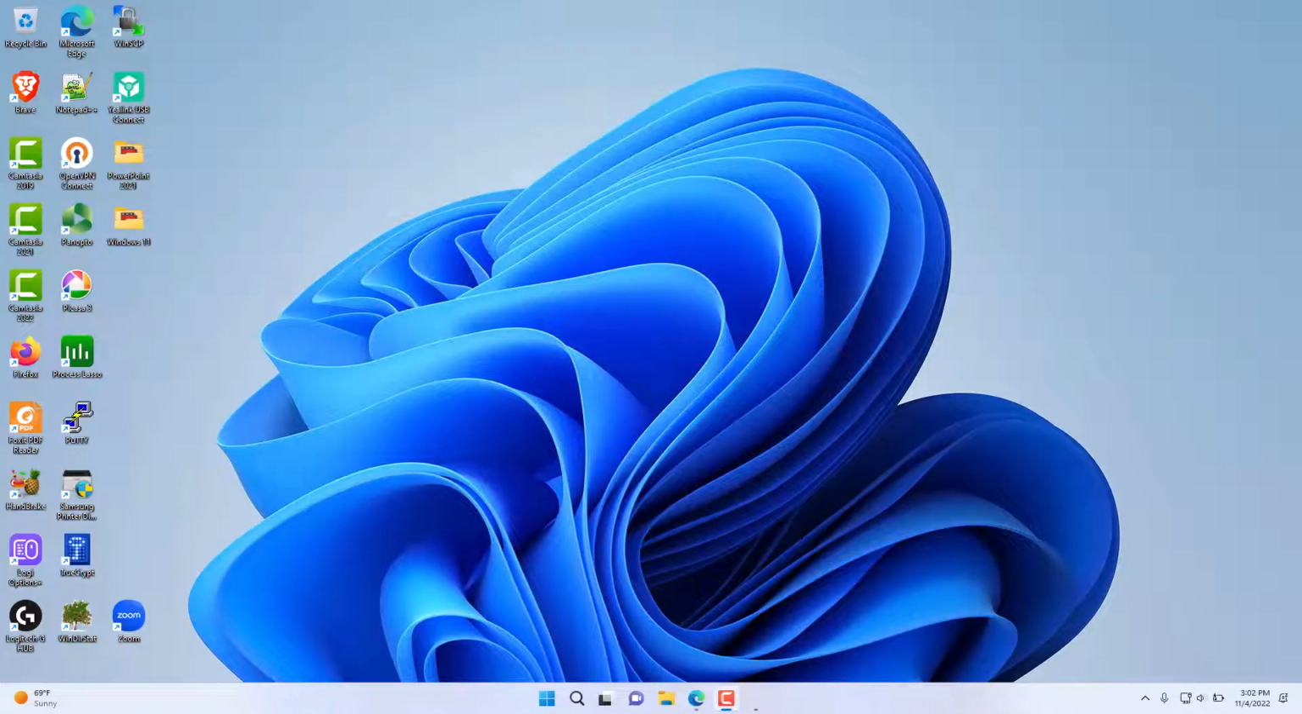In this segment of the Windows 11 tutorial, I'll demonstrate how to pin apps to the taskbar in Windows 11. Prior to the 2022 update of Windows 11, it was not easy to pin applications to the taskbar. Now you can pin apps to the taskbar by simply dragging them from the desktop to the taskbar and just